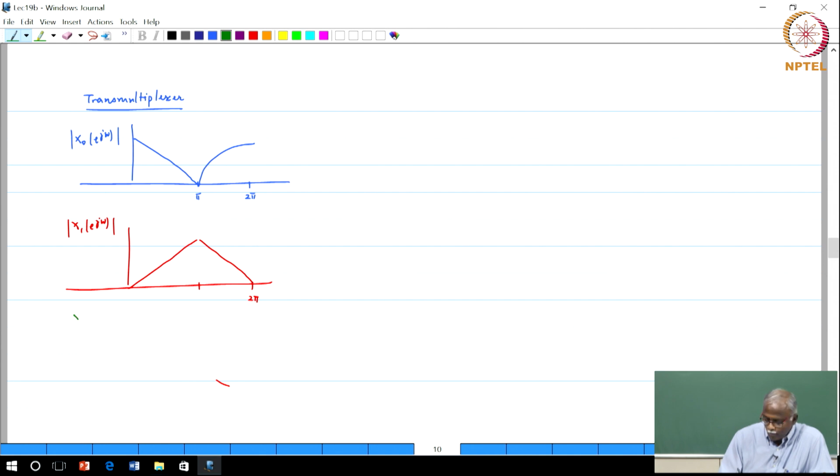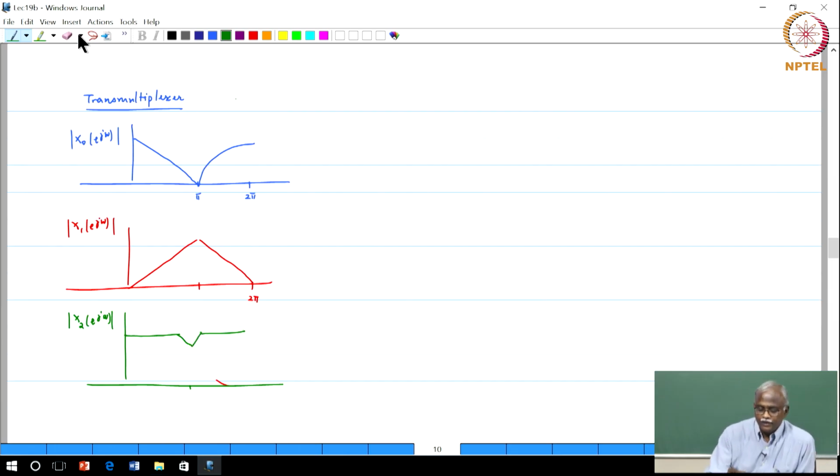Third signal, X2(e^jω), magnitude, and again this has got a very different type of behavior. It is flat, a small dip around π and then goes back up. Okay. These are just randomly chosen spectra, nothing special about the spectra themselves. Just some of them are complex, some of them are real low pass. This one looks like a signal that has got all frequency components. So the important thing is the processing that we are going to do